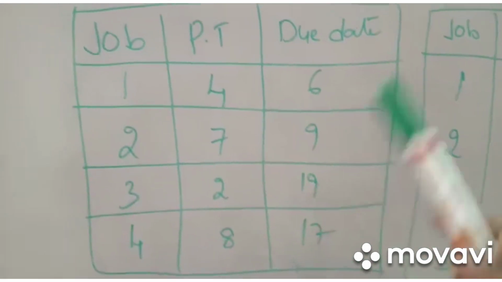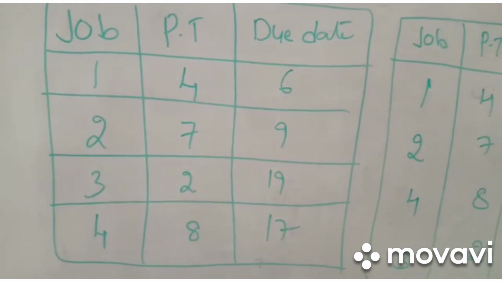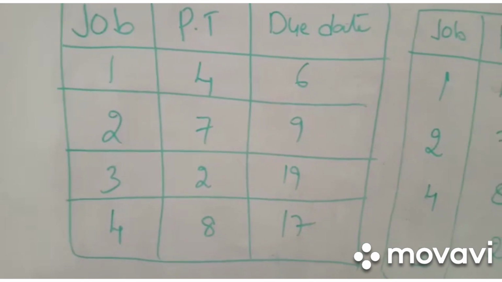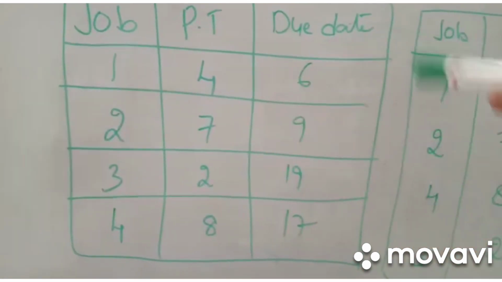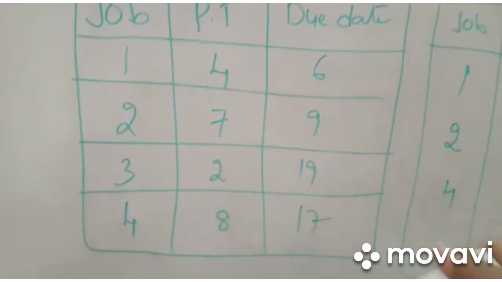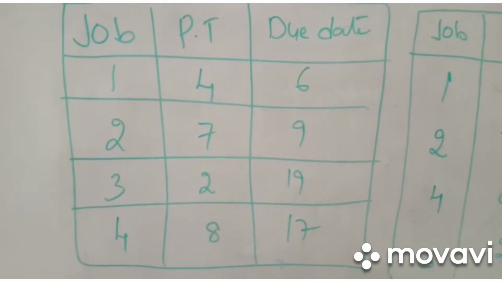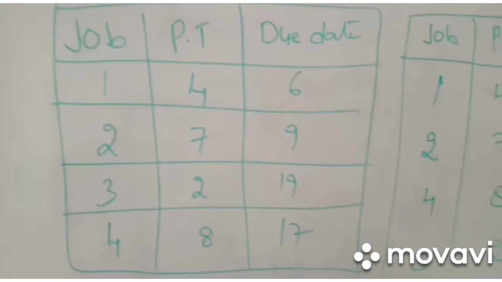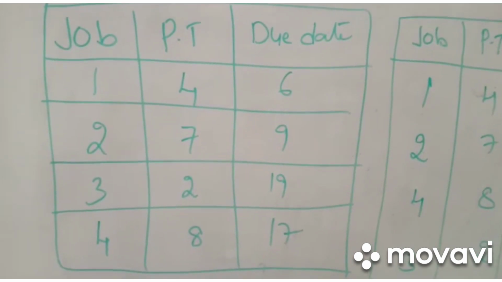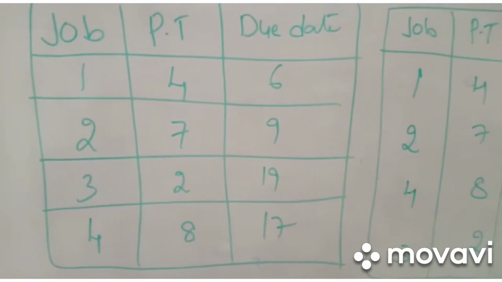For the same problem, you can also calculate by using the SPT rule, shortest processing time, with the same relation, but the processing time is already given. Based on this relation, you apply the shortest processing time rule, and you can easily calculate the tardiness. Tardiness is the positive value and lateness is the negative value. Please remember, tardiness is the positive value and lateness is the negative value.